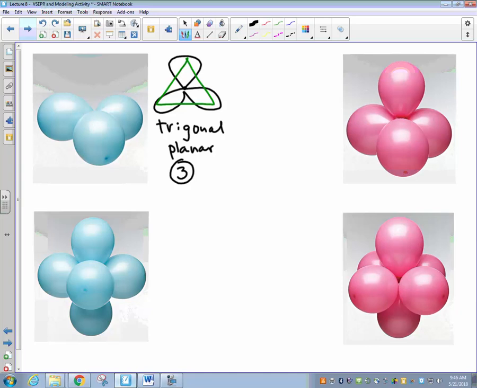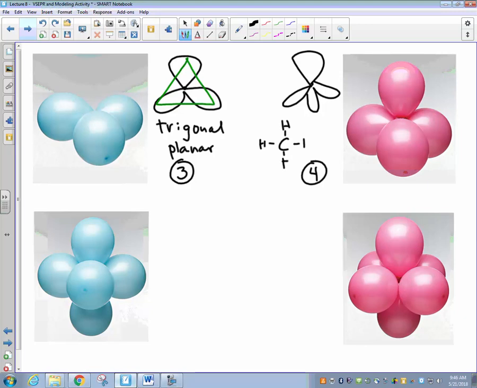Now, if we change our system here and add another balloon, all of a sudden now we've got a total of 4 domains around our single central point. And you notice that changes the shape of our molecule in that we now have one of the balloons up at the top there, but then 3 of the balloons are pointing downwards. And you'll notice that the angle between those balloons is not a 90-degree angle, as you might imagine if you looked at a Lewis dot structure of a molecule showing this geometry, something like, let's say, methane,